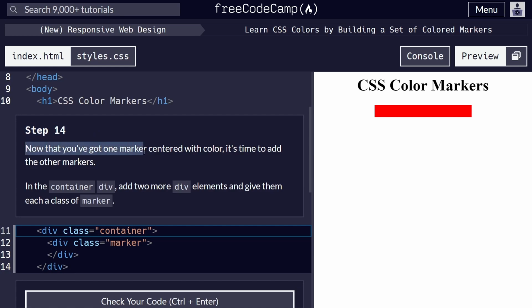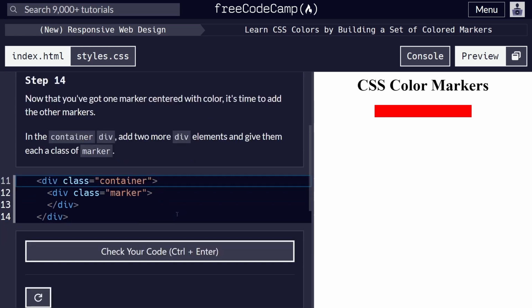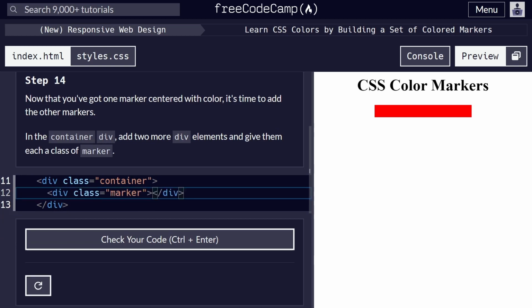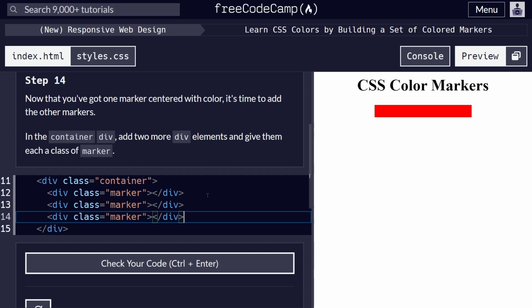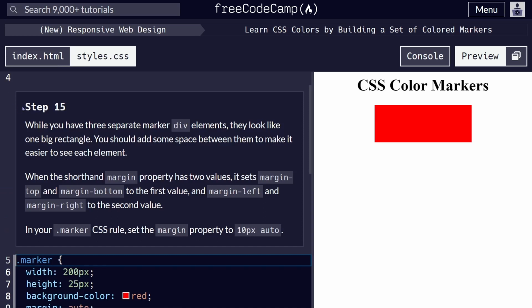Step 14. Now that you've got one marker center with color, it's time to add the another markers. In the container div, add 2 more div elements and give them each a class of marker. 在这个 container div 里面，再加上2个，哇哦，我放慢一点，看一下。